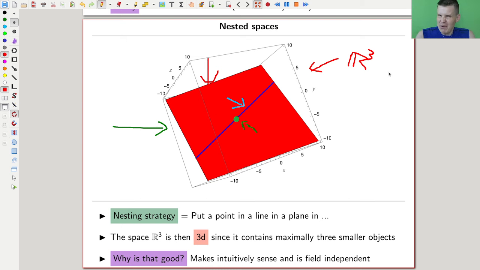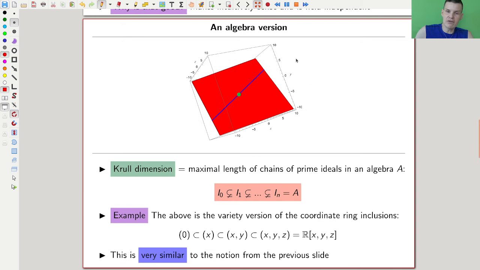But it also feels pretty much independent, right? You can think of a point and a line and a plane over some strange field, and it just makes sense somehow. And this turns out to be a really good notion. And the algebra version, so this will be the dimension of the space, which I will write down more carefully in a second. Surprise. But the algebra version is really kind of the same,